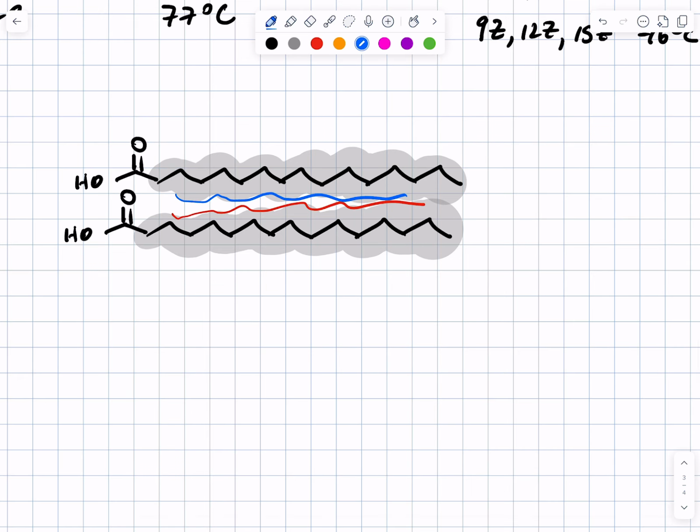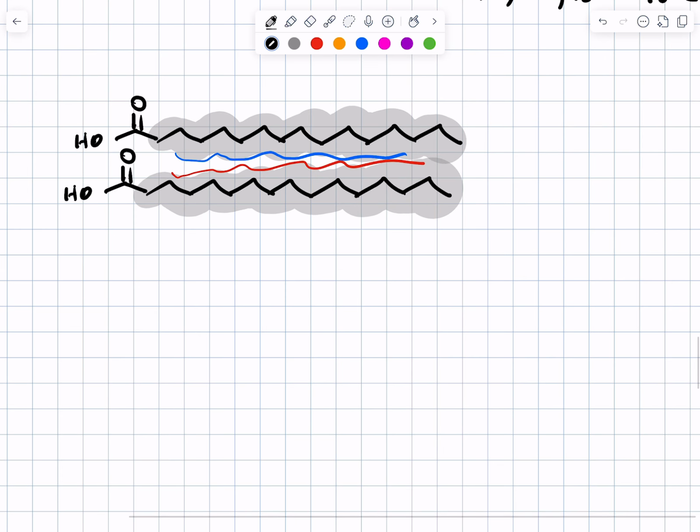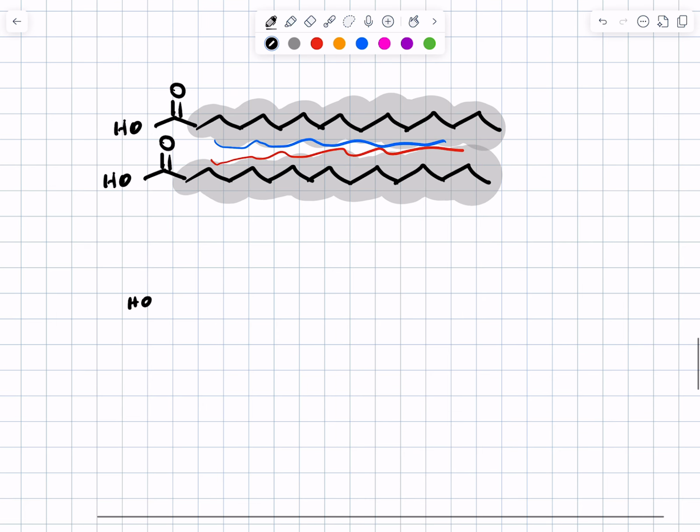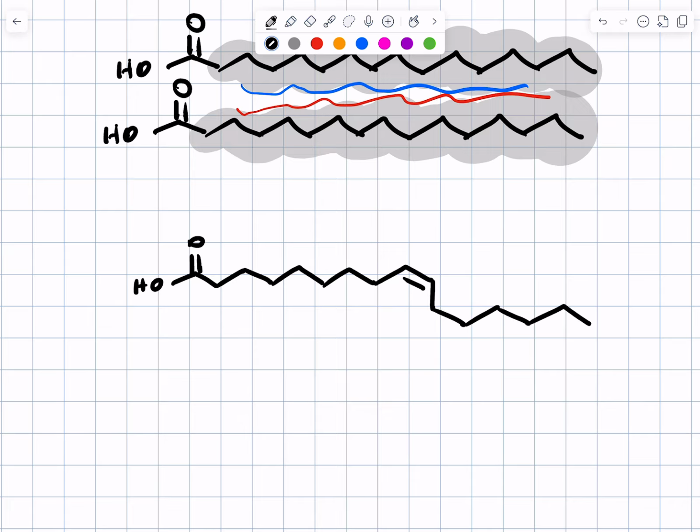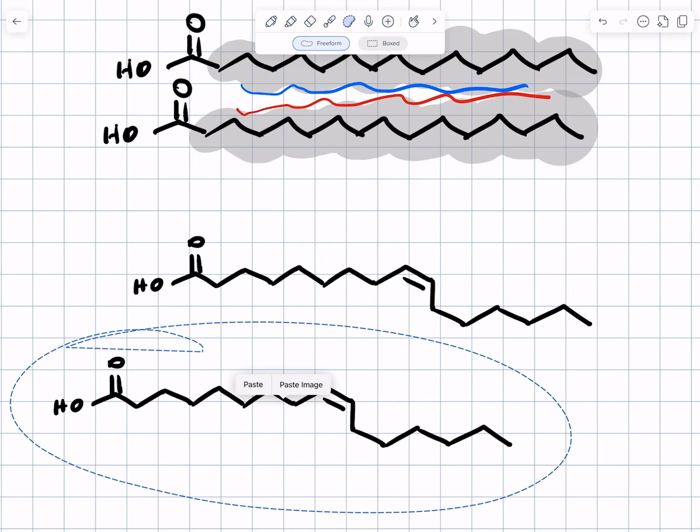And again, the stronger or the more intimate the contact surface area, the stronger the van der Waals or dispersion forces are, and therefore the more energy you have to put in to overcome something to have it melt, all right? Now, let's do one that has a single double bond. 2, 4, 6, 8, carbon 9 is the double bond, that's 10, 12, 14, 16. So this is our 9Z 16 carbon